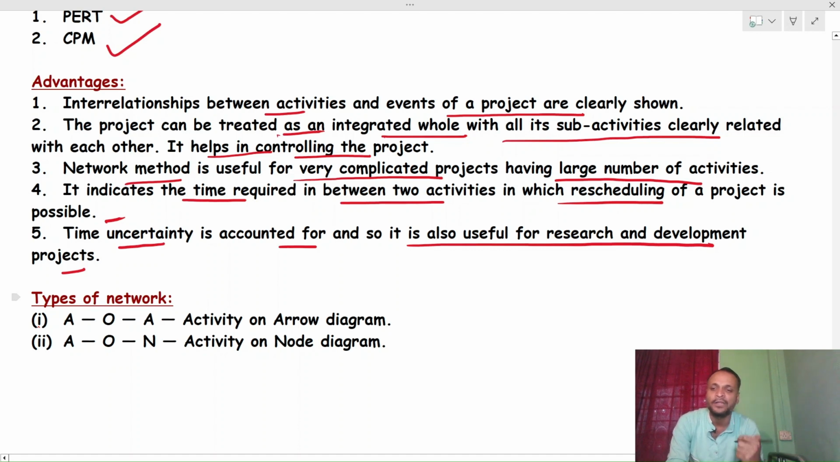So there are two types of the network. Okay, so first one is the activity on arrow diagram, that is called AOA. Then the activity on node diagram, that is AON. These were the basics of the project management. सो इसके बाद हम इसके आगे की जो भी थ्योरी है वो हम नेक्स्ट वीडियो में करेंगे। आज हम यहीं तक रखने देते हैं। ओके, सो थैंक यू वेरी मच गाइज।